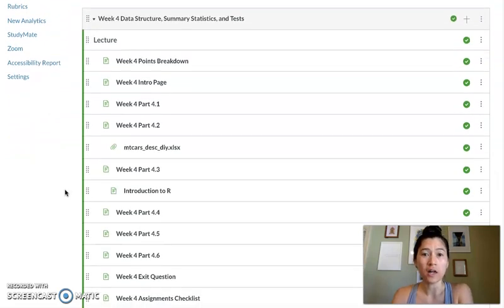And I should note that the first couple weeks, those modules are going to look a little bit different than this just because we're getting started in the class and we don't really have a lot of content itself to go through yet. But once we get to week 3 and for the rest of the semester, the modules are going to look similar to what I'm showing here. So I wanted to walk us through that to make sure everyone understands what's here, where to find the different